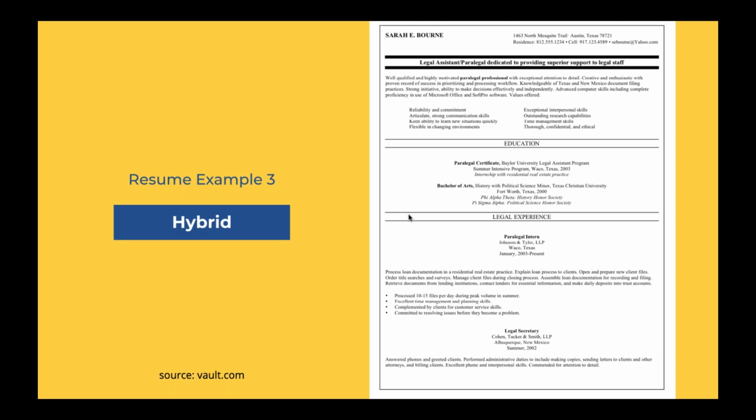The third resume version is the hybrid resume. So the hybrid resume is just that. It's a mix of the two. It starts with a summary section at the top, and the summary section again is about 4 lines, but does include some specific skills that are pulled out and highlighted to the host employer. But then after the summary section, we move into the education and the experience, very similar to a chronological version,